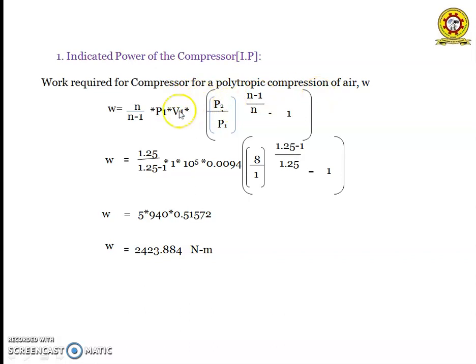So for a polytropic compression, work done W is equal to n by n minus 1 into P1 V1 into (P2 by P1 whole to the power of n minus 1 by n) minus 1. Where n is polytropic index value is 1.25. P1 is 1 into 10 to the power of 5 Newton per meter square. V1 is 0.0094 meter cube. And P2 is 8 bar and P1 as 1 bar. Substituting these values, we will get the work done as